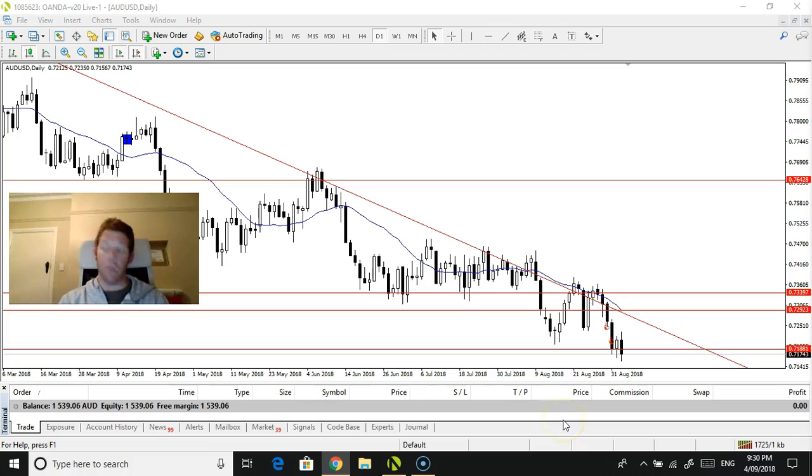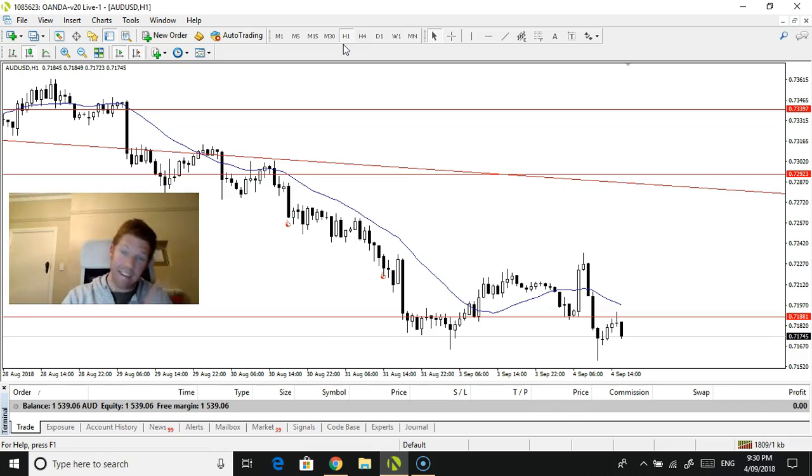Okay, so look, today has been interesting. Now, the overall theme of today, simply put, would be US dollar strength against quite a few of the majors, and the Aussie dollar was no exception. Now, again, why I trade the high time frames, number one, obviously I have a full-time day job, unfortunately, and number two is because of this. Now, it's challenging.